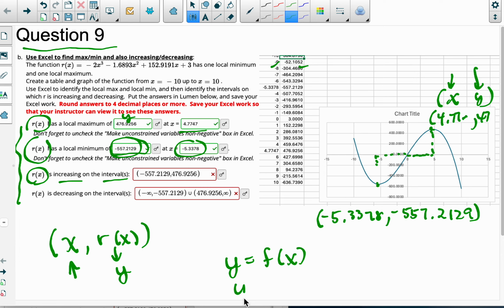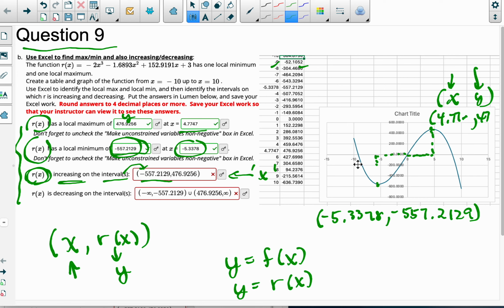In this case, my function is a revenue function, y equals r of x. So this problem is saying that the y values are increasing on what x values. Here you put the actual y value. When it's saying the function r of x is increasing on what interval,